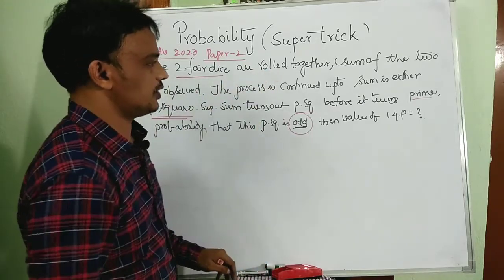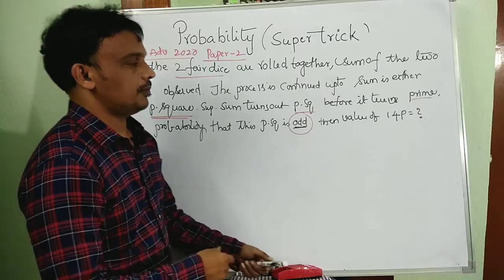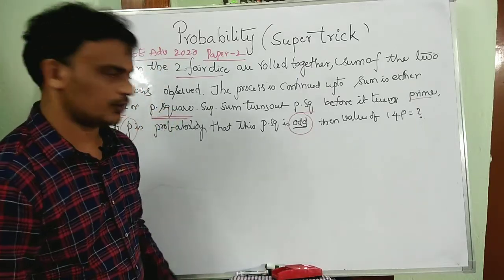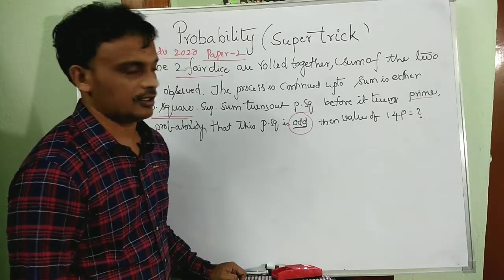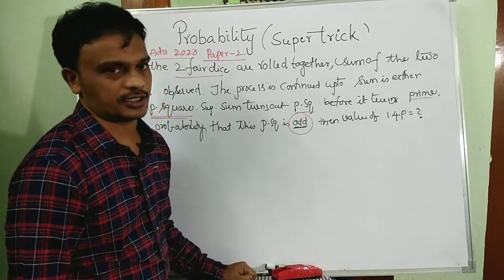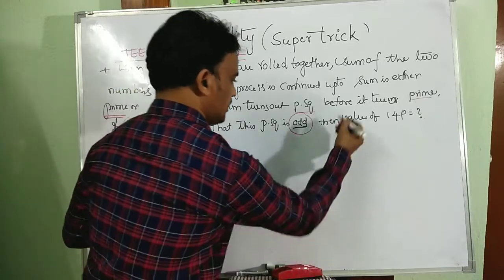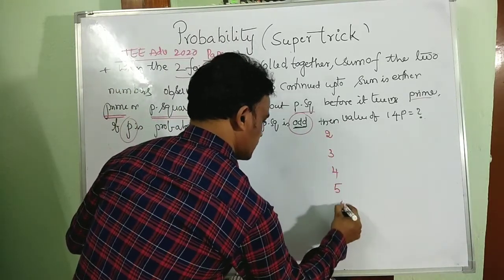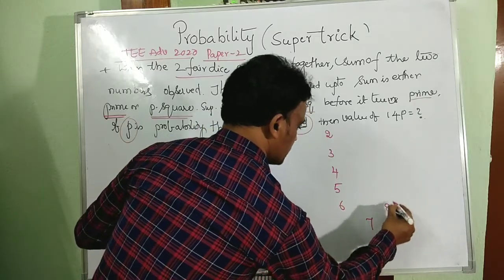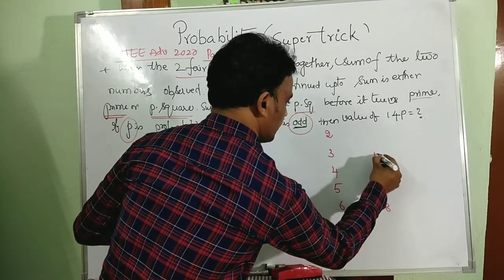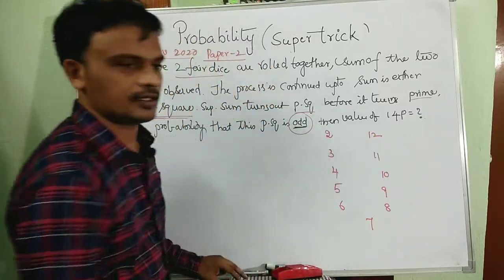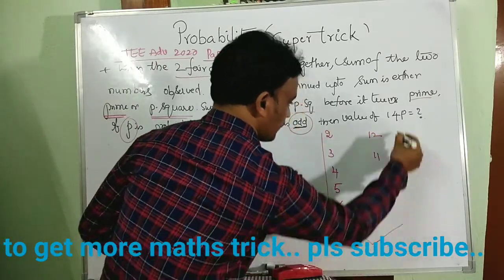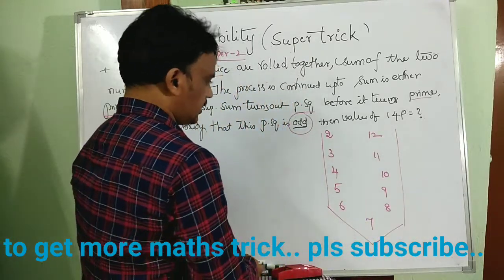When the 2 dice are rolled, first we should find the possibilities for the sum being either prime or perfect square. I am going to use the Swamiji rule to get the favorable chances quickly. The sums are 2, 3, 4, 5, 6, 7, 8, 9, 10, 11, 12. So what are the chances?